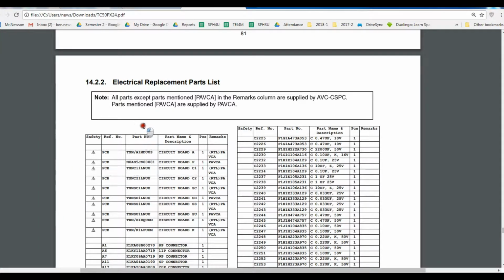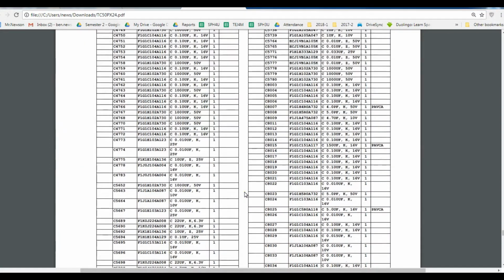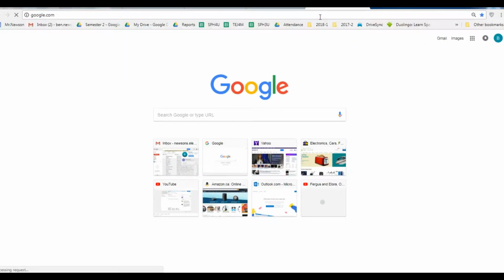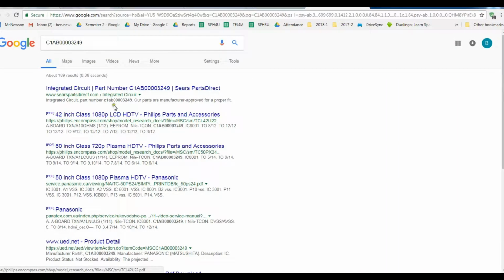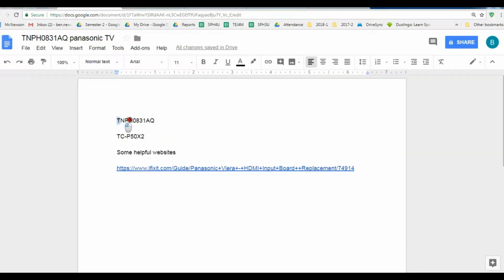They do have parts lists for the schematic and showing you the replacement part. Here's IC, and then this is the actual part code. And if you Google that anywhere, basically you can't find anything much about that. So this is the actual part of that board. That's the code that was on it, the TMPH0831, and then you have to figure out this code based on a resistor